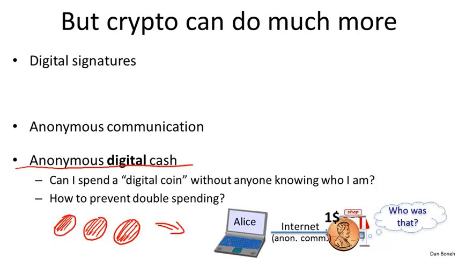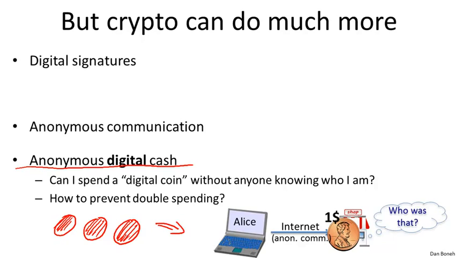In some sense, there's a paradox here where anonymity is in conflict with security, because if we have anonymous cash, there's nothing to prevent Alice from double spending the coin, and because the coin is anonymous, we have no way of telling who committed this fraud. And so the question is, how do we resolve this tension? And it turns out it's completely doable, and we'll talk about anonymous digital cash later on.